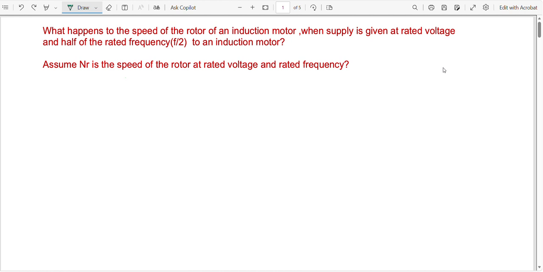So there is an induction motor. The supply voltage is the rated voltage, but the frequency is decreased to half of the rated frequency. So what will happen to the speed of the rotor? So when the frequency is decreased